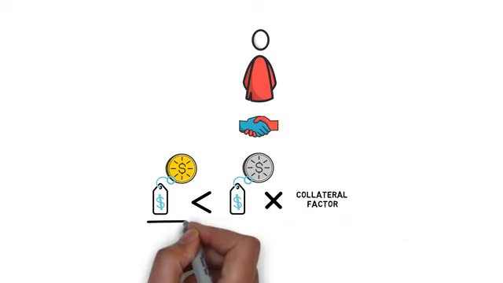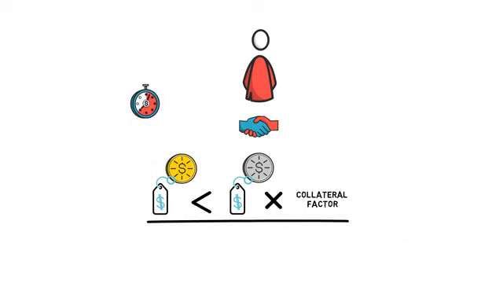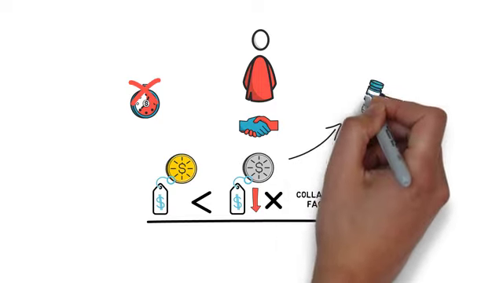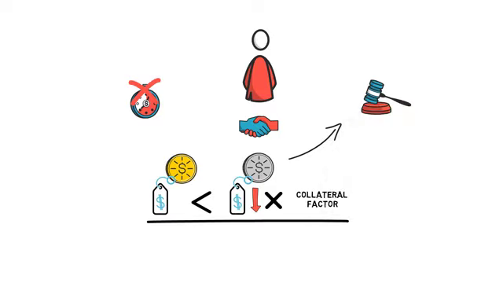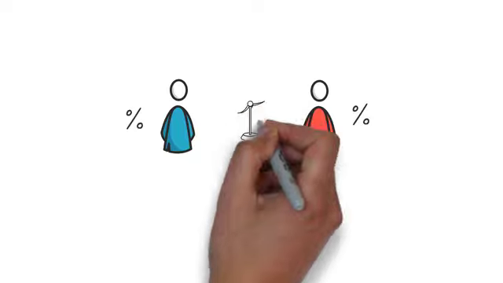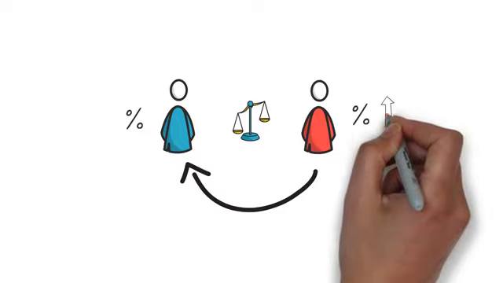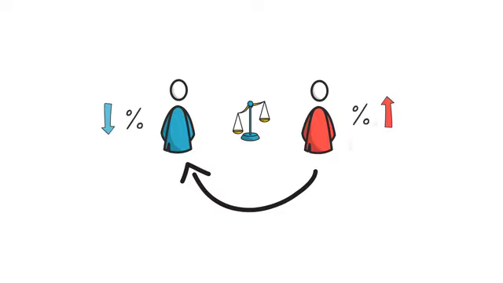If this condition holds, there is no limit on how long a user can borrow funds for. If the value of the collateral falls below the required collateral level, the user would have their collateral liquidated in order for the protocol to repay the borrowed amount. The interest that lenders receive and the interest that borrowers have to pay are determined by the ratio between supplied and borrowed tokens in a particular market. The interest that is paid by borrowers is the interest earned by lenders, so the borrow APY is higher than the supply APY in a particular market.